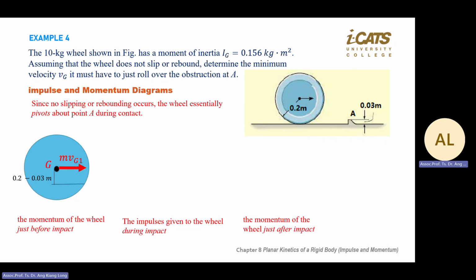Don't know. Okay, and then you have omega 1, you start to rotate. So you have Ig omega 1. So this is the first diagram, before impact. So you have mv1 and I omega 1. This is before impact, your diagram looks like this. Okay. During impact,